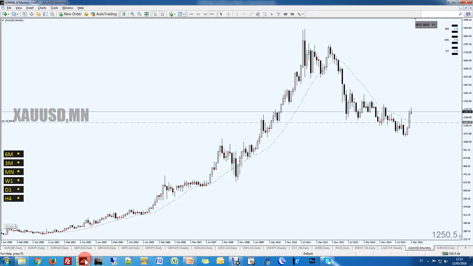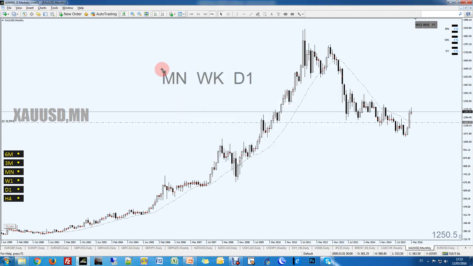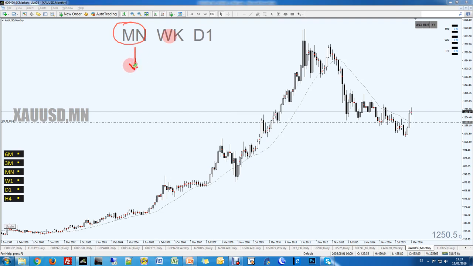In my case, as you know, let's take a look at the gold here. In my case, I am using the monthly, as you know. Let's use the L key for a label. I'm using monthly, weekly, and daily sequence. So that means that the monthly is going to tell me what I will have to do. If the month is down, then I have to take shorts on my anti-time frame, which is the daily. So if any of these is out of alignment, then I will be able to go.